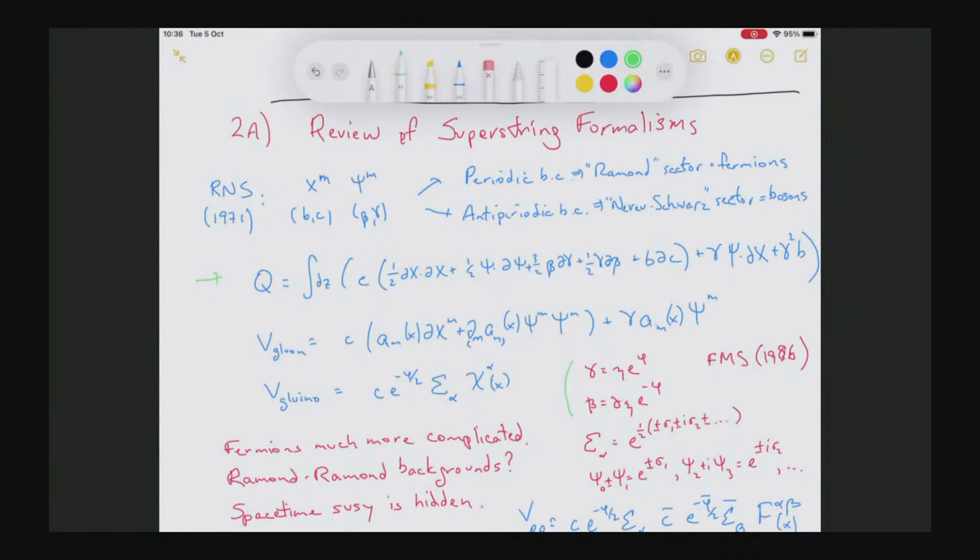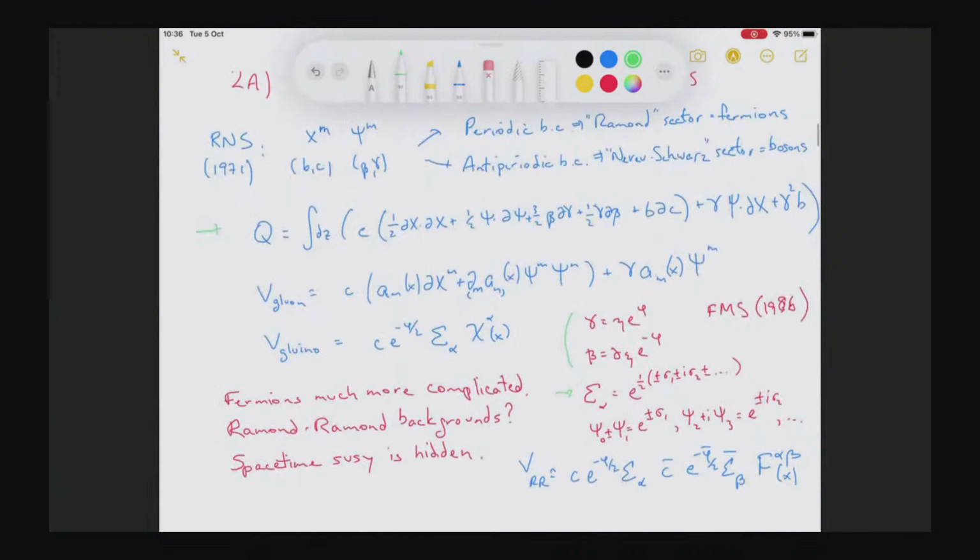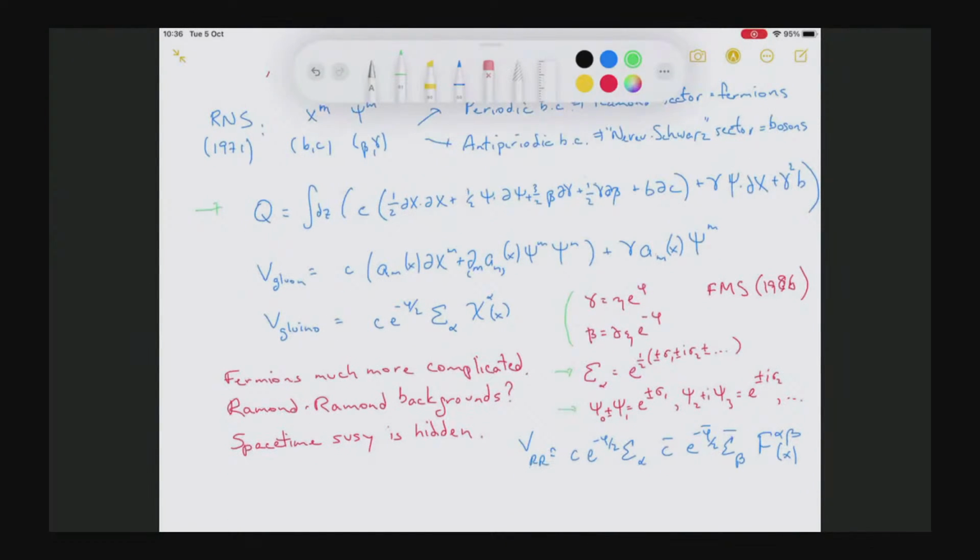And then the spin field here, so this is a spacetime spinor, and you can explicitly construct it by bosonizing the 10 psis into 5, so you split them up into 5 complex pairs, and then you bosonize them. And essentially you construct the spin field out of these chiral bosons sigma.